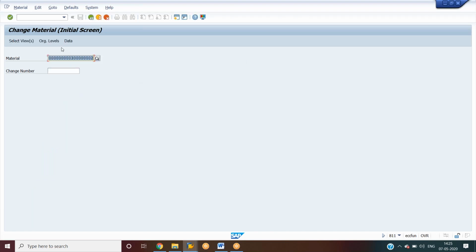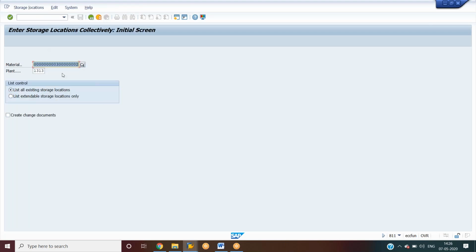So for this, if you want to extend the material to the other storage location within the same plant, we need to use the transaction code MMSC. So see here, give the material and plant. If you activate this, then all the storage locations we have under this plant, the material will be extended to all of those storage locations.